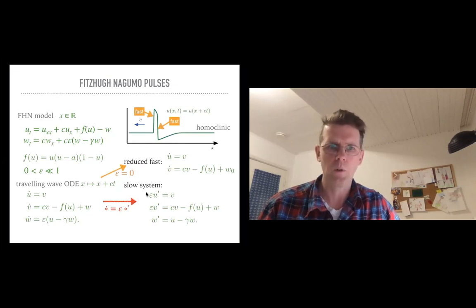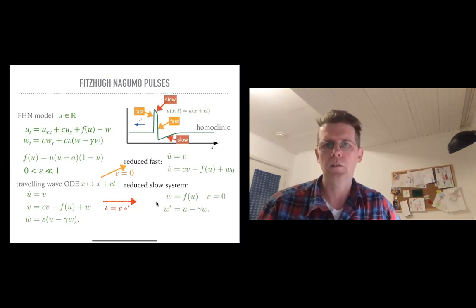The other part in the slow-fast business is the slow system, which is obtained by rescaling time. As usual, one gets on the left-hand side the epsilon factor for the equations without epsilon, and a new time variable, which I denote here with a prime. Setting epsilon to 0 gives us the reduced slow system, which consists, first of all, of v equal to 0, which means we can drop v from the second equation. The second equation now gives a nonlinear constraint, a relation between u and w, where w is the remaining ODE variable, and that is the slow system as a whole. Its solutions can also be found in the profile, namely the slow recovery here, and there's also a slow part in this part.